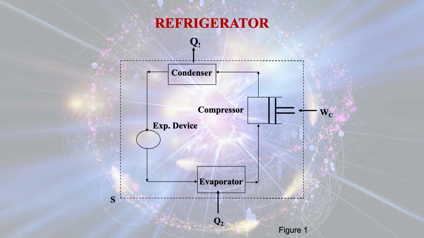Now, while passing through the expansion device, there is a sudden pressure drop, and because of the less pressure, after just passing through the expansion device, its temperature and pressure will decrease, and some of the refrigerant will start boiling and takes the latent heat. Thereby, the refrigerant will be at a very cold temperature, and then it will pass through the evaporator, and that's the way it completes the cycle.